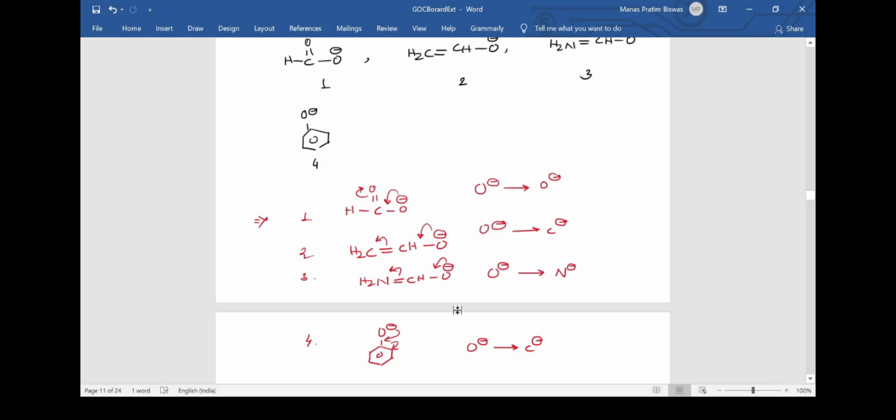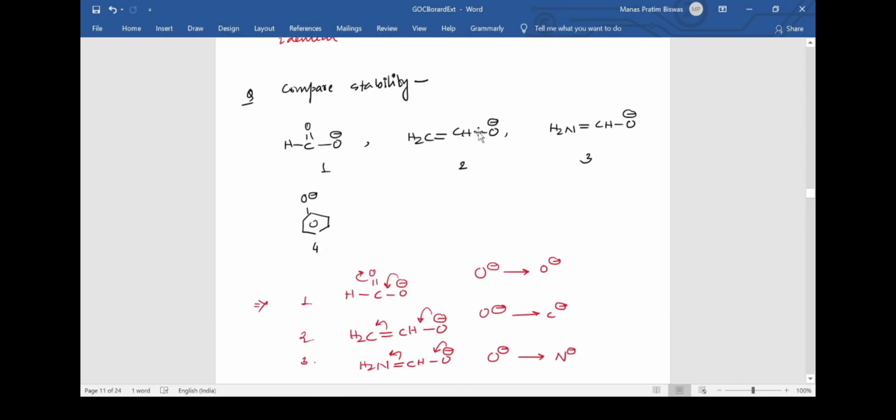Now to compare 2 and 4, we see that the first point is valid, and the second point is also valid. Why? Because from oxygen, the electron is again getting transferred to carbon, and in both cases the initial and final atoms are the same. So we need to look at the further points. In the next point, what we said is that we need to see canonical forms. The more the number of canonical forms, or the more the dispersion of electron cloud, the more the stability. In 2 and 4, we can see that this will drop here and then this will drop here, so we are having a single canonical form. The other canonical form will have a double bond here, and then this bond will shift here and there will be C minus.